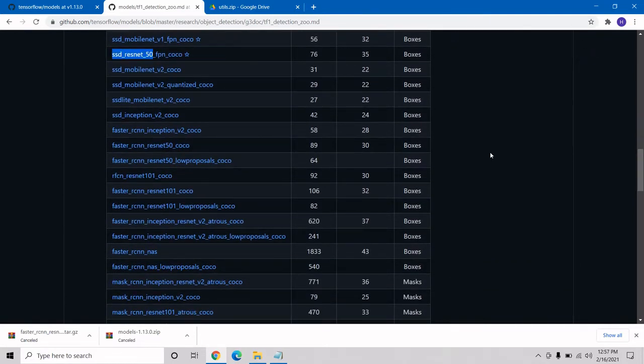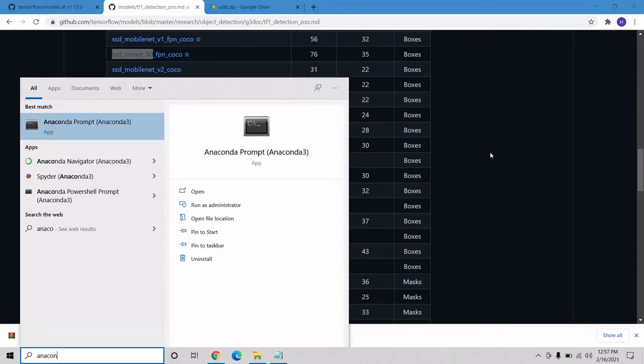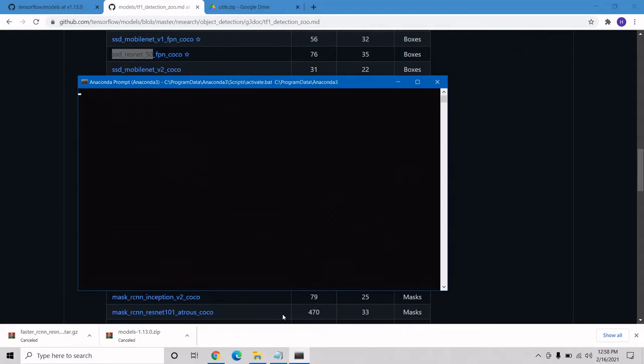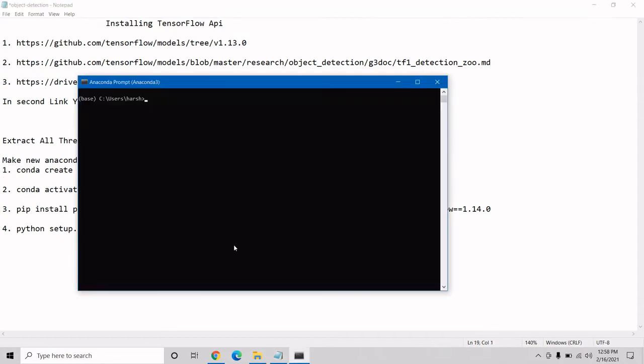After downloading all these files, you have to go to your Anaconda prompt. You have to create a separate environment for your project. I'm copying my command. My environment name is tutorials, with Python version 3.6. I am going to create it.